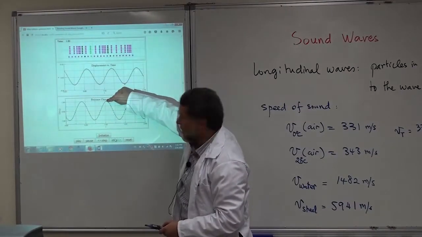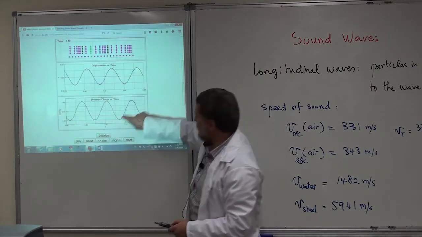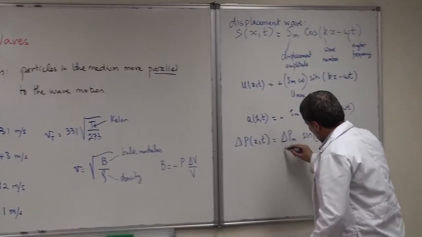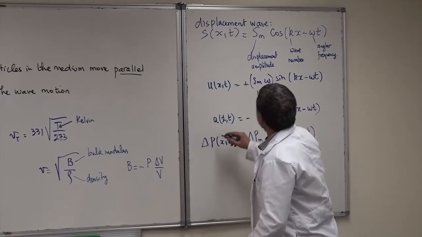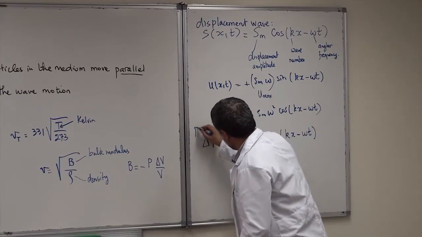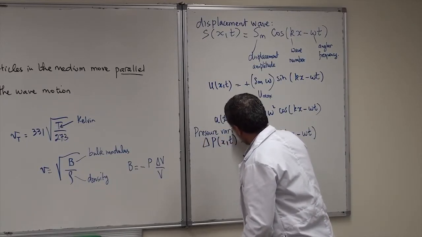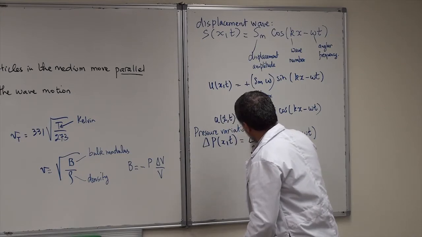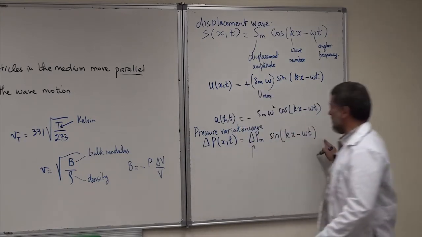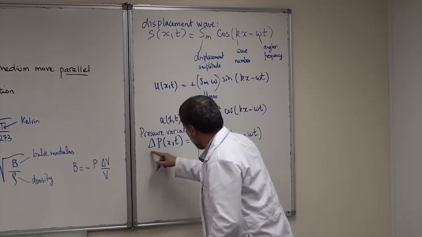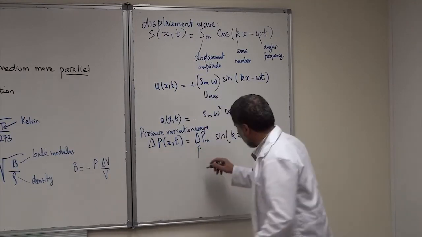At this point, delta P is positive. At this time, delta P is negative. At this time, delta P is 0. So you have to be very careful here. So this one here is called the displacement wave, and this one is called the pressure variation wave. Okay, it's a wave. You can see it. It's waving. It's a sinusoidal wave, and this is the pressure variation wave. Then this is the maximum